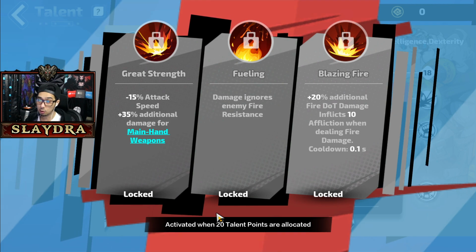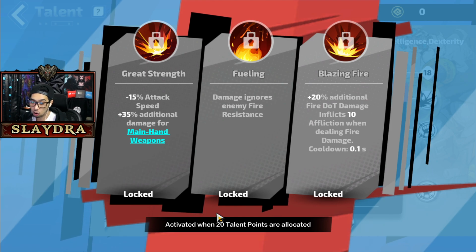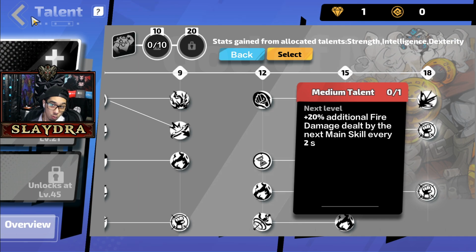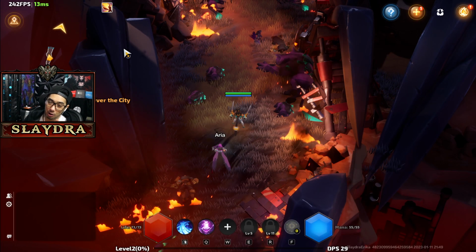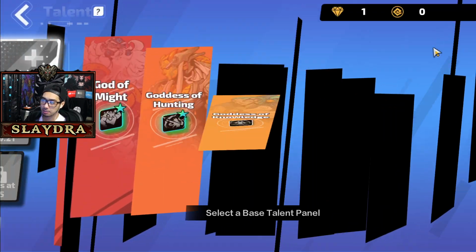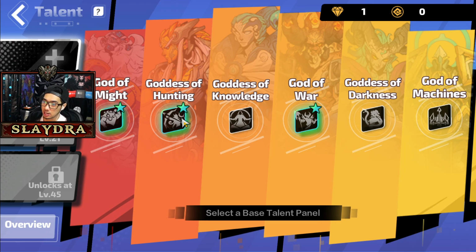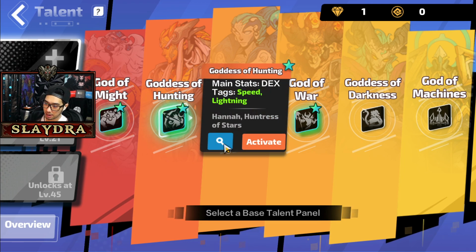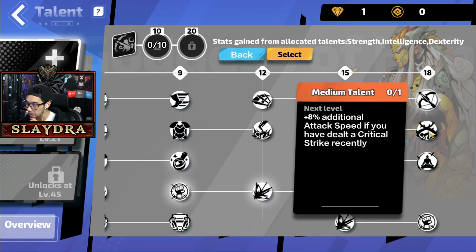Like this one over here, fueling, damage ignores enemy fire resistance. This could be absolutely huge if you wanted to do a character that's all about fire, right? And I don't know really what the best builds are. This game just came out. So what I would normally do is I would look at everything, because as seasons and the games do get updates, sometimes certain things may be better than others. And I don't want to sit here and read everything because this is a short little play session here, but